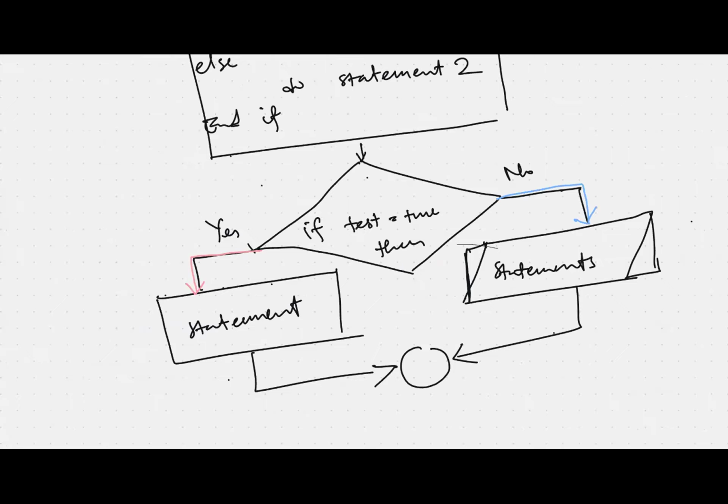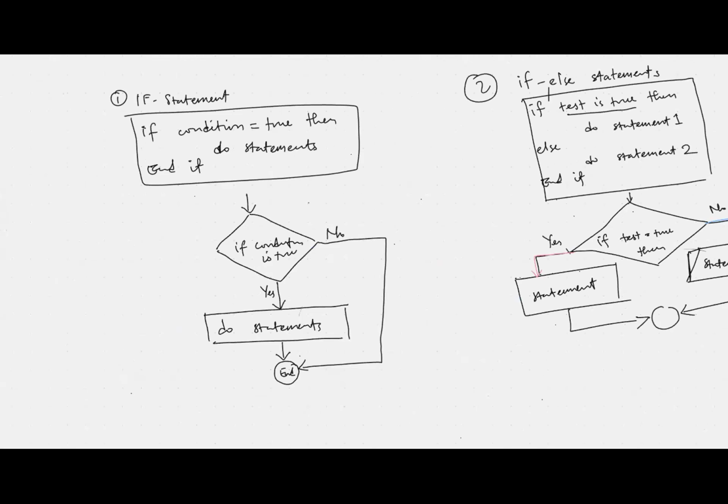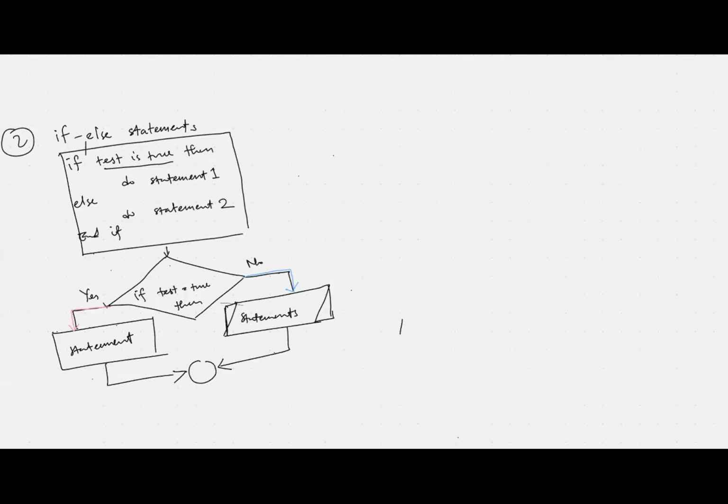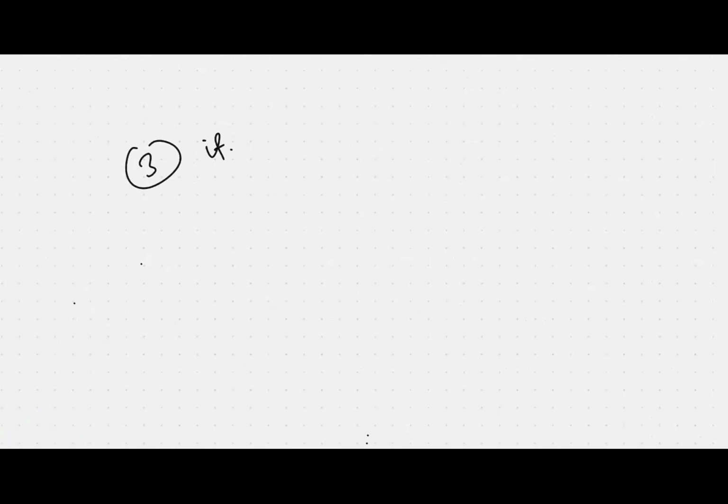Then we have the third one in the row. So you can see the single if statement. You can see the if else statement. And then the last but not the least is the third one. We refer to this third one as if else if. Let me expand a bit. It's called the if else if statement. And in the if else if statement, what's happening is that